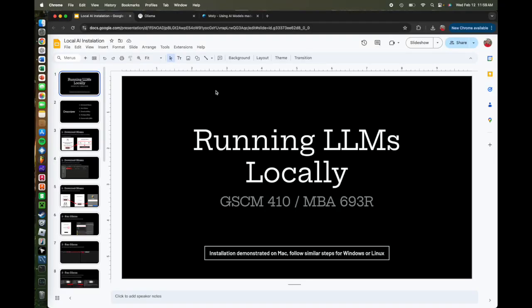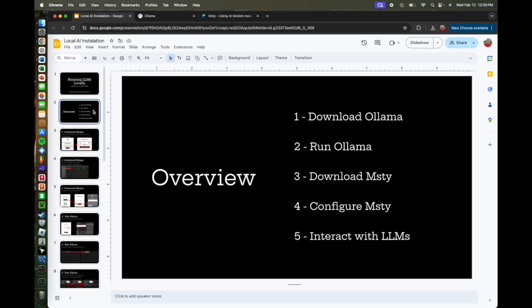Hello everybody. In this video I'll be covering how to install LLMs on your laptop and have them run locally. We're going to do this through two separate programs. I'm going to go through step by step how to install them and how to get them running properly. We're going to get Ollama and Msty. Ollama is great for pulling models from the internet and downloading them nice and easy. And Msty allows you to interface with it as an application and adjust different parameters with your LLM for optimal